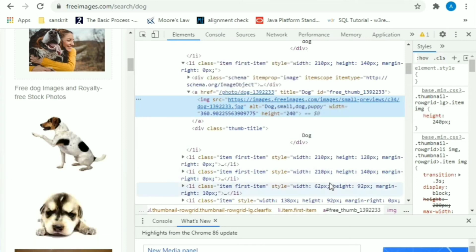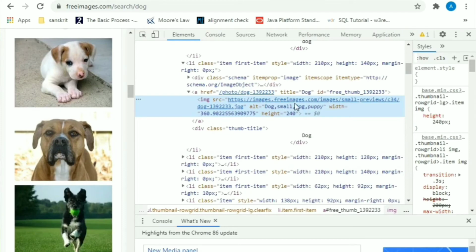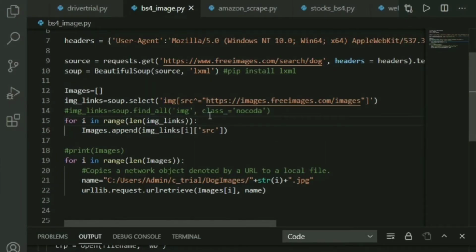images.freeimages.com/images remains the same for each one of them. And hence, that is our clue to applying it to the source set, all right? Now, pay our utmost attention to just this one sentence, all right? It's very, very crucial. Now that we have this link with us, half a link that is common to all the images,